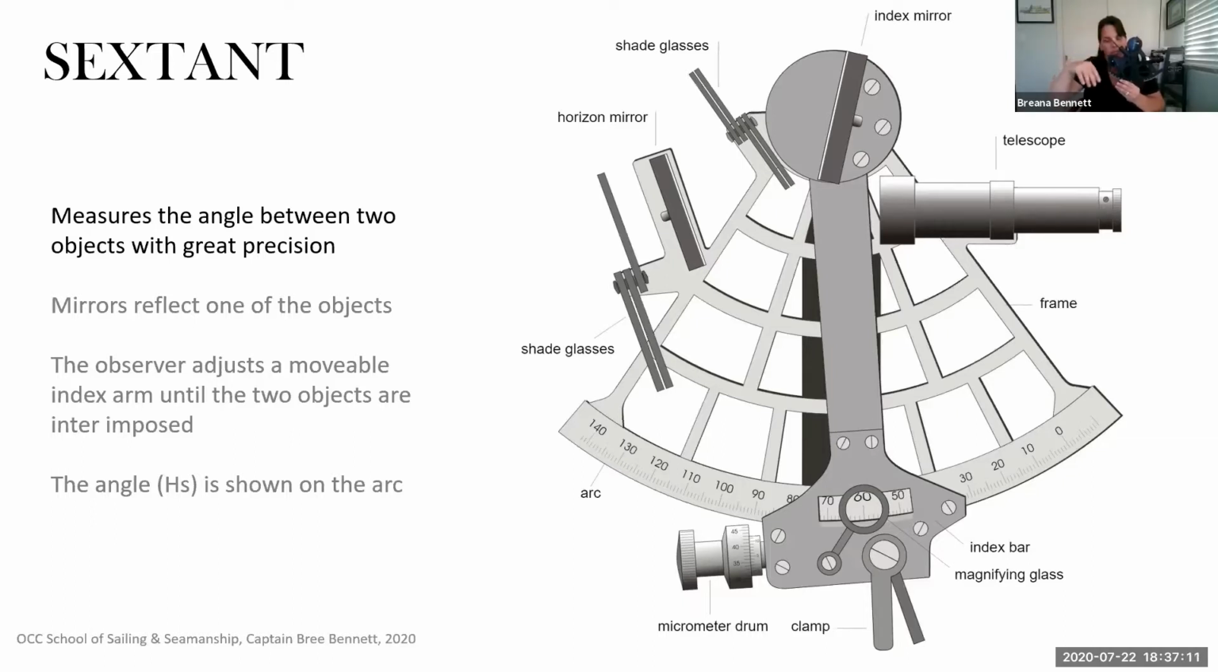And then we're going to use some reflection thing that I'll show you in the next slide to make those two the same. But you can see that your horizon mirror is connected to the arc itself, and then the index mirror is connected to the index arm, the two pieces that move. So those are kind of like the two basic parts of the sextant. Of course, there's all these little other ones, but